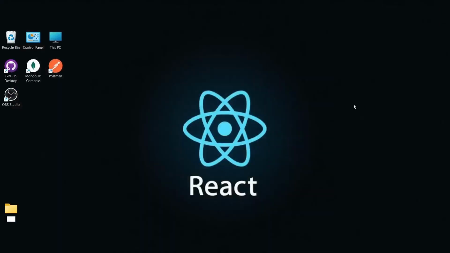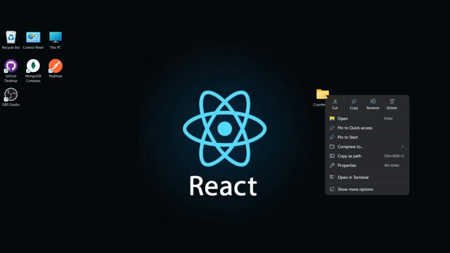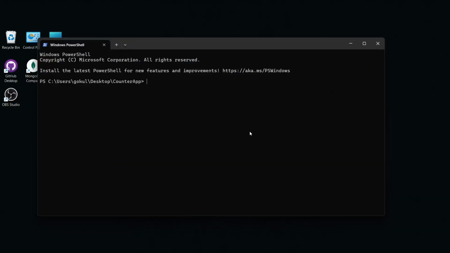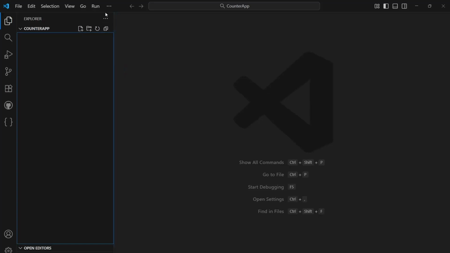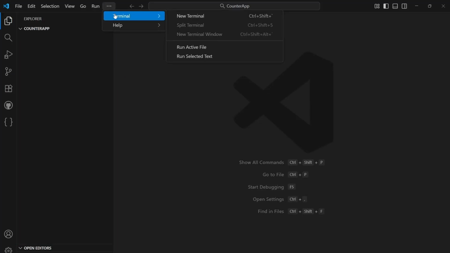Creating the folder here, I named it counter app. Okay, so I now created the empty folder and opened it with terminal. Open in terminal, and I just want to open it with VS Code, so I just hold space dot. Okay, let's open the folder in VS Code, and here we are going to open terminal by clicking these three dots, terminal, new terminal,